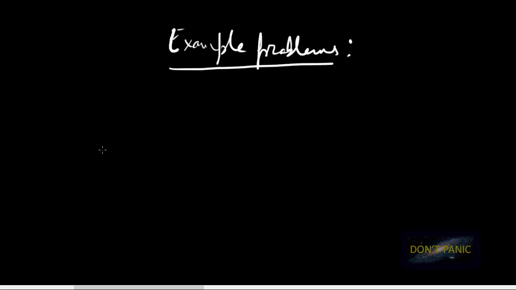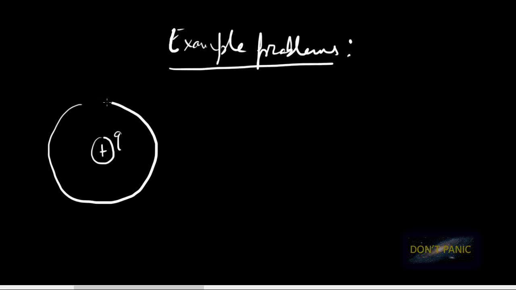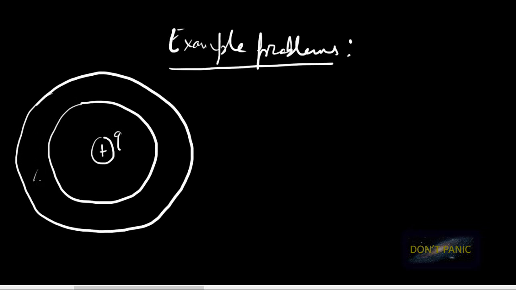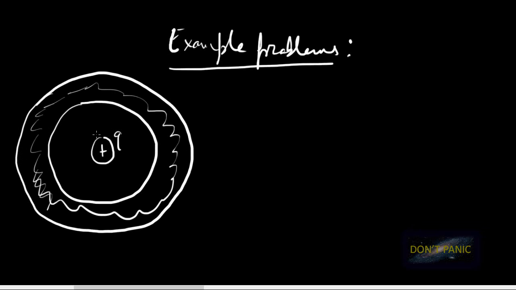So to start with, suppose that you have a charge Q that is surrounded by a conducting spherical shell. Okay, so this part is the conductor, and this is empty space here, and this is also empty space on the outside. Suppose that the inner radius is R1 and the outer radius is R2,